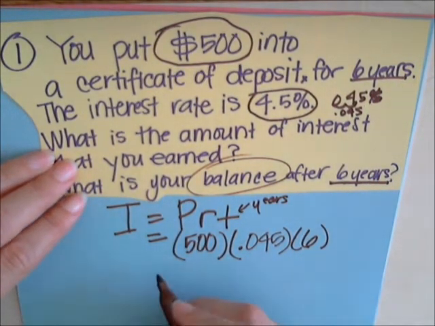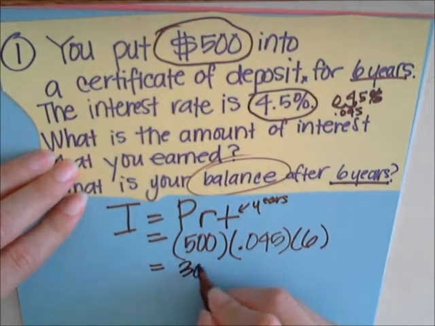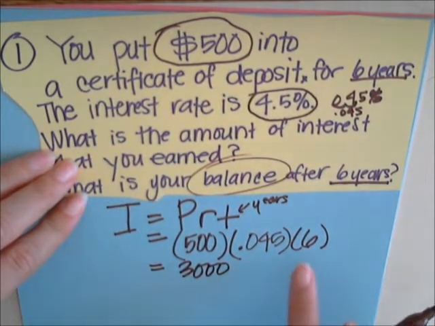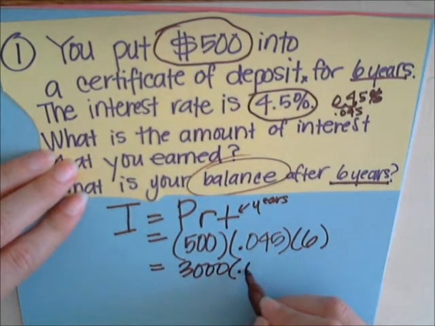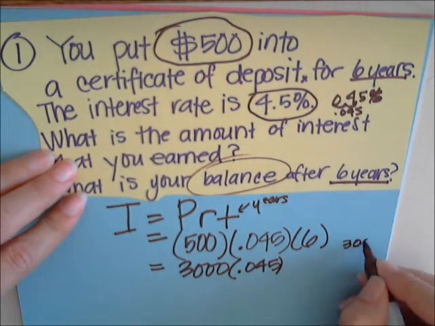Okay, so I'm going to use the commutative property: 500 times 6, because I know that is 3,000. 500 times 6 is 3,000, times 0.045. I can multiply in any order I want because of the commutative property. So 3,000